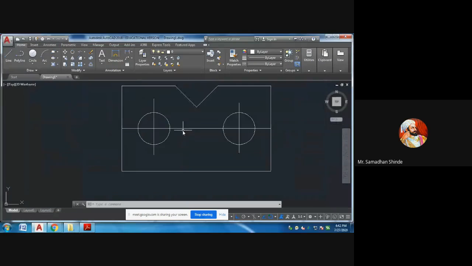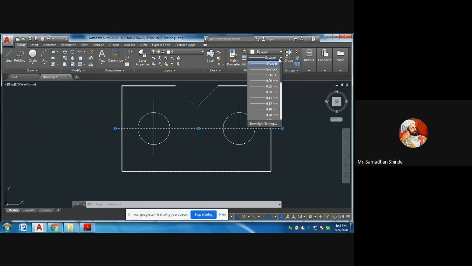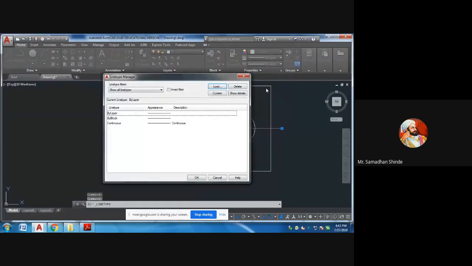So you have to select one line. There is one option called bylayer. Here, are you observing bylayer? In that option, bylayer, other. You can write this procedure. Click on bylayer, other. In that, whatever lines are available in the software,